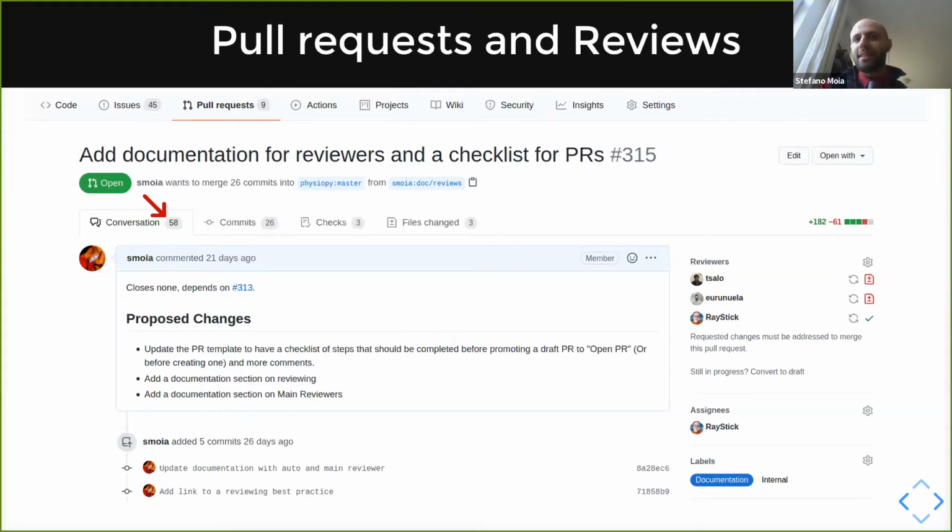And you can see that every pull request is not just code, it's also a conversation. And this conversation sometimes can be very long, because even if you change just a couple of files, maybe the changes that you are doing might be improved. And normally this conversation goes on between the author of a PR, of a pull request, and the reviewers of this pull request. Reviewers are other maintainers, other contributors that check what you did and make suggestions in order to improve your changes and get code that is really stable, really fine, with better quality merged in our main development.